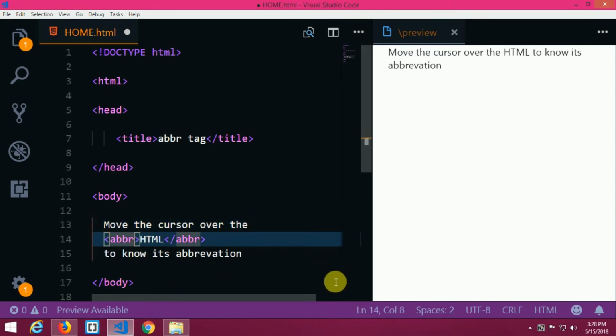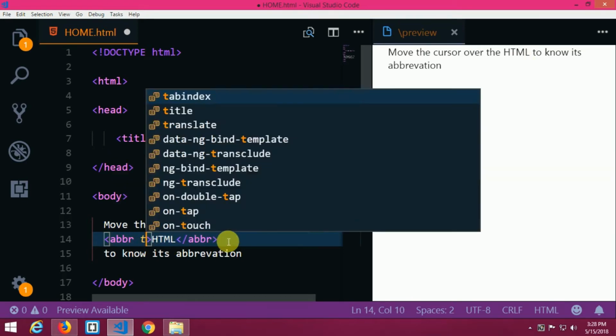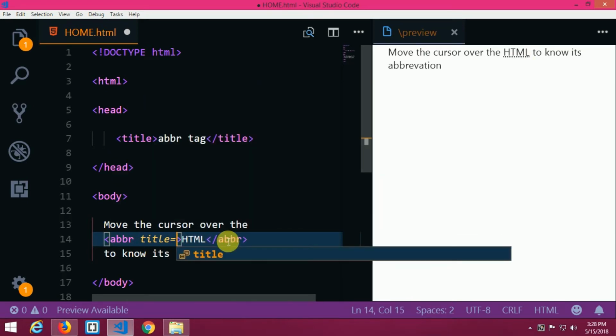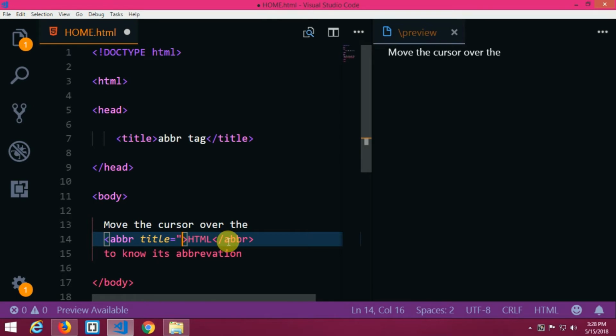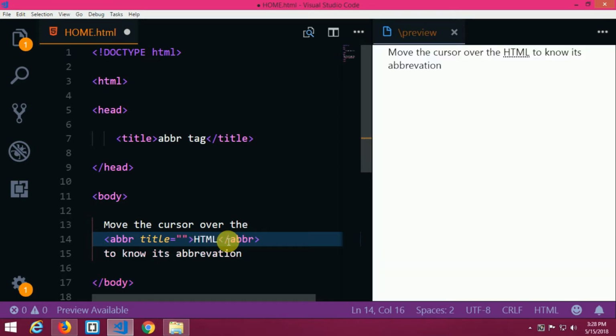So let me cut this out, and we should also give it a title. So let me give it the title. The title is equal to, open two quotes, and you could see immediately here there are lots of dots. What you have to write is simple: hypertext markup language.